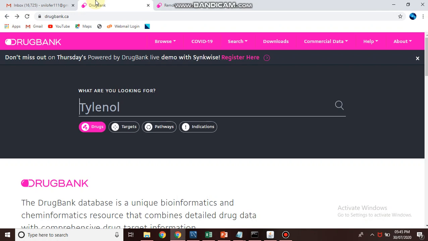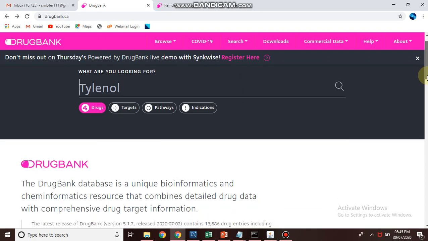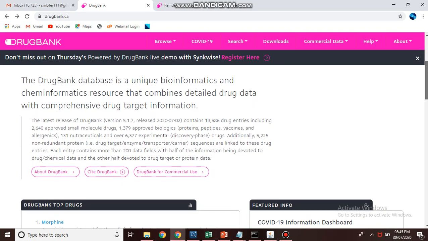So we will see how to search any drug. This is the home page of DrugBank. You can simply go to Google, search DrugBank, and you will get this page by clicking the first link, and you will see what DrugBank contains, the overall information.